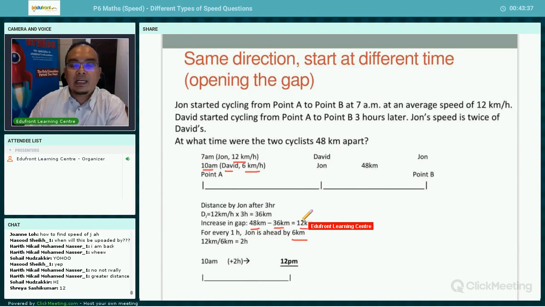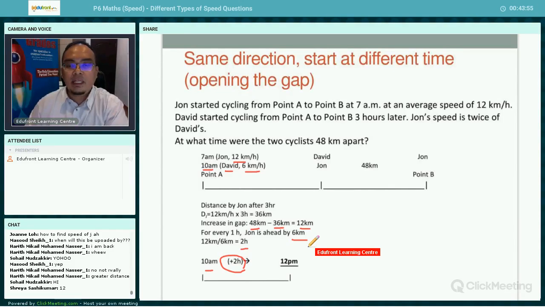So since the difference in the gap is 12 kilometers, 12 divided by 6, you get 2 hours. Since David started at 10 a.m., 2 hours ahead will be 10 a.m. plus 2, you get 12 p.m. All right? Okay, now let's take a look at the